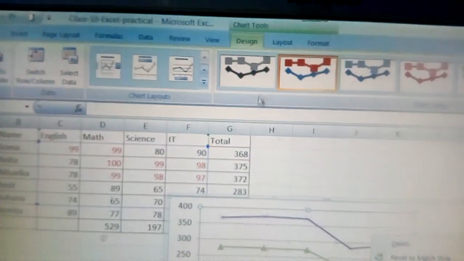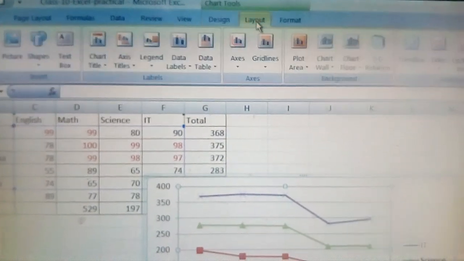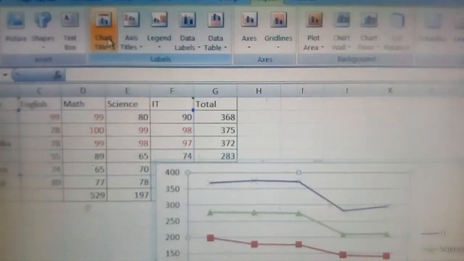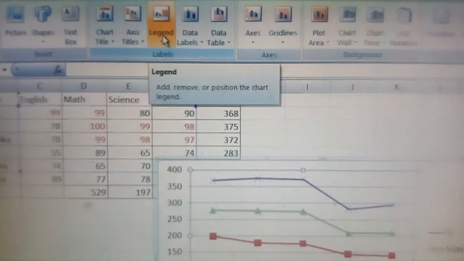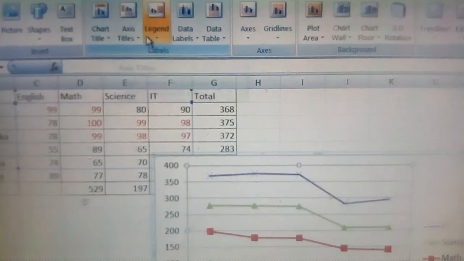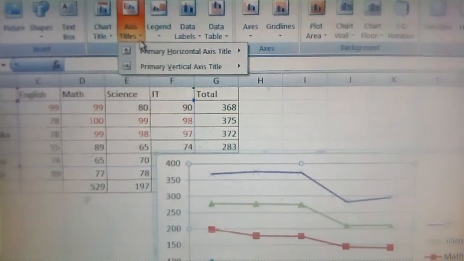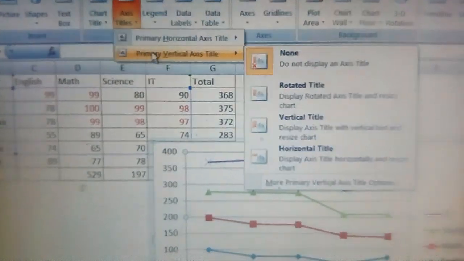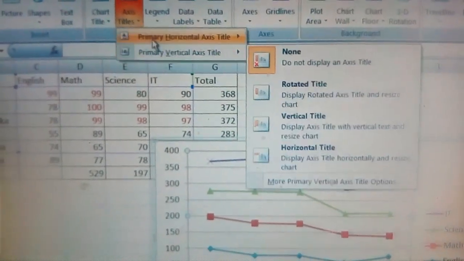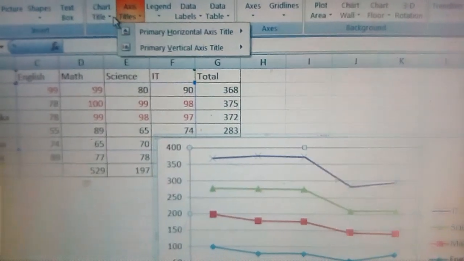Like if you want to add a chart title, then what you will do, first you have to click on the layout, and here you can see chart title, axis title. In axis title you can see vertical axis and horizontal axis, means x axis and y axis, both these things. Chart title also you can see.